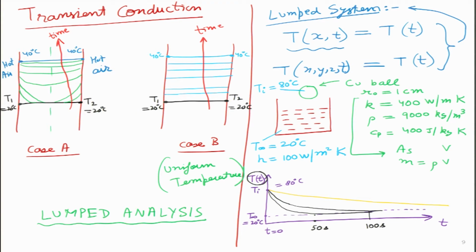Or it could be the worst case scenario, somebody wants to control it in such a way that he wants it to take the longest time to cool. For instance, if instead of this being a copper ball, this is my afternoon lunch which I brought from home, it is surrounded in the air. If it is not insulated in a good canteen, I am just carrying it in my hand.